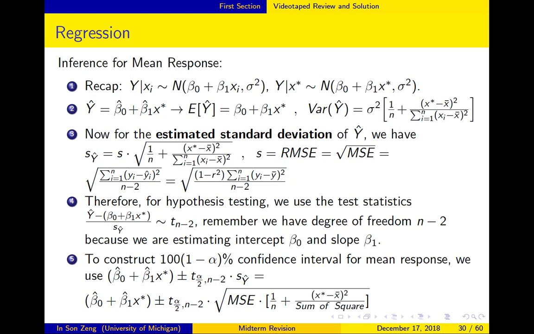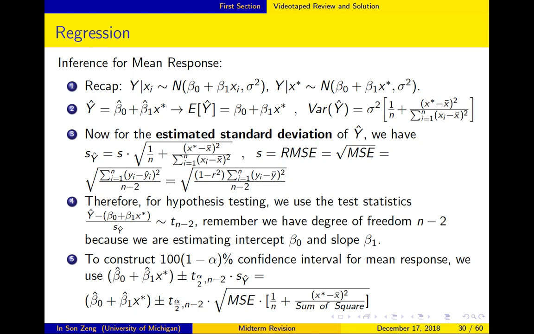So right now, let me put the y hat, which is our predicted value over the regression. Doing the regression from R or from JMP, y hat equals beta 0 hat plus beta 1 hat times x star, when we know the new observation x star. So our expected value for y hat is exactly beta 0 plus beta 1 x star,